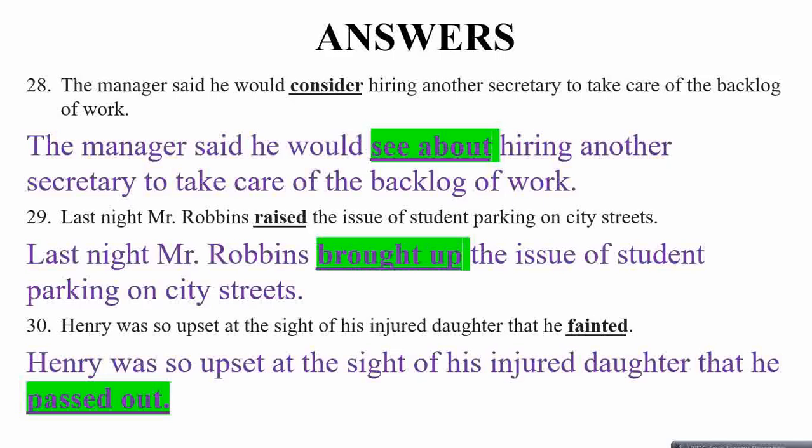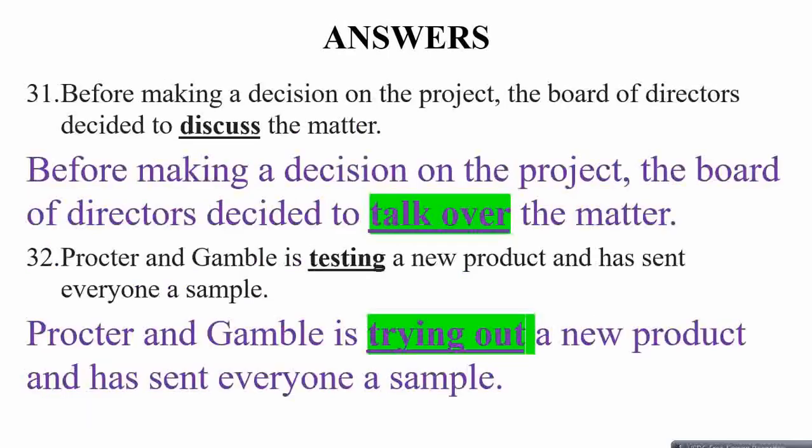Question 30. Henry was so upset at the sight of his injured daughter that he fainted. The answer is Henry was so upset at the sight of his injured daughter that he passed out. Question 31. Before making a decision on the project, the board of directors decided to discuss the matter. And the answer is before making a decision on the project, the board of directors decided to talk over the